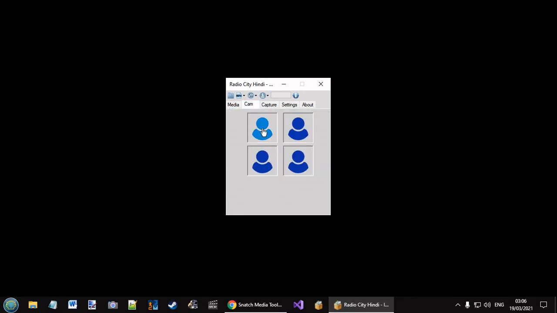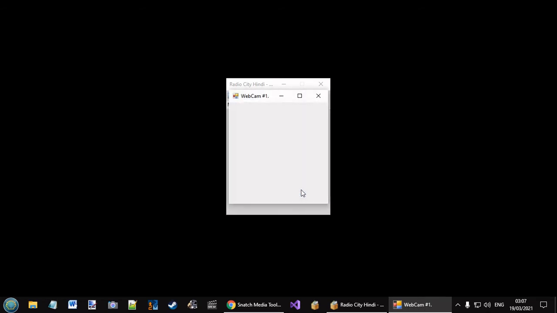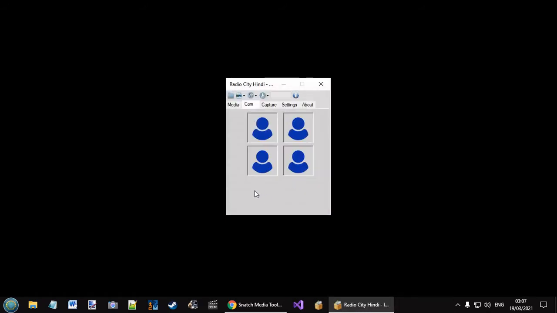Then we go to cam. The cam, obviously I don't have a cam set up at the moment, but there would be something in there. You may have different drivers there for your cam, but I'm aware there's an issue with this, and again this is to be worked on. So I'll close that. That will come up with an error. Not a problem. Hopefully eventually there should be the ability to connect up to 4 cams, and that'll help you to do your recordings, and you have different angles of how you're recording things. So hopefully in the future